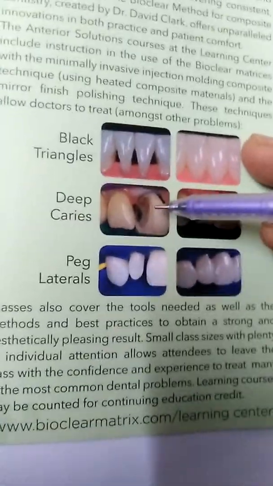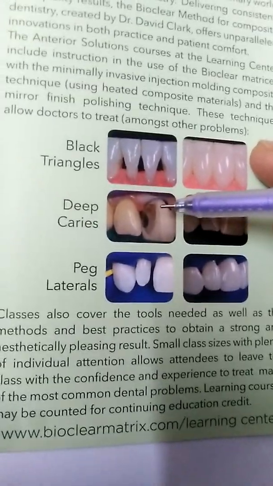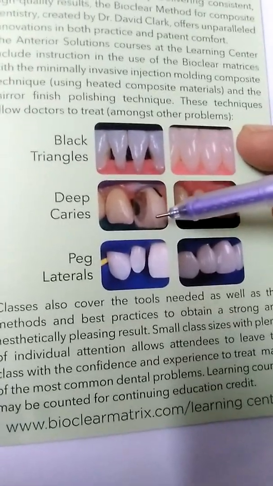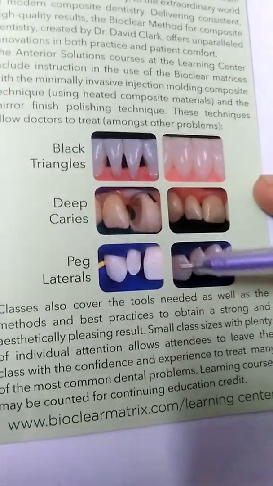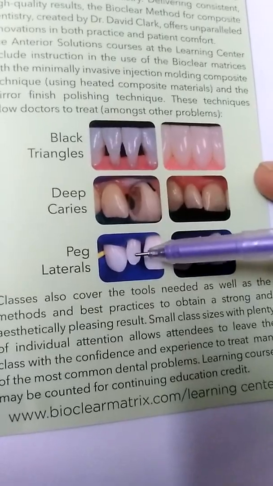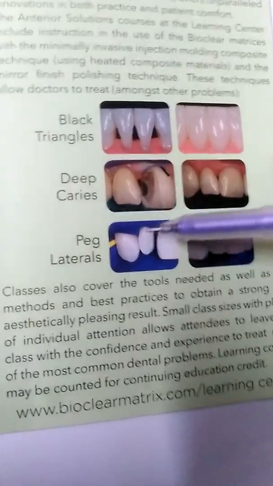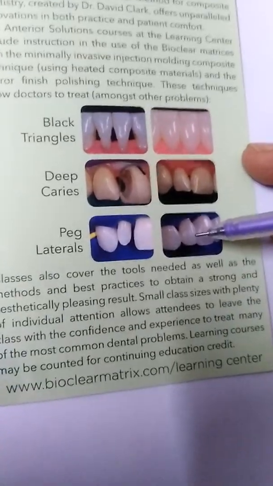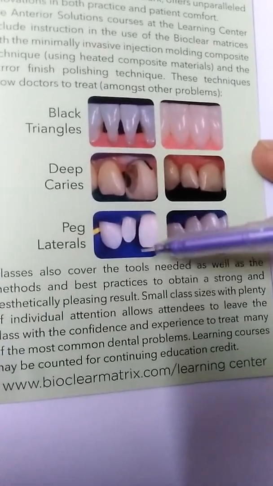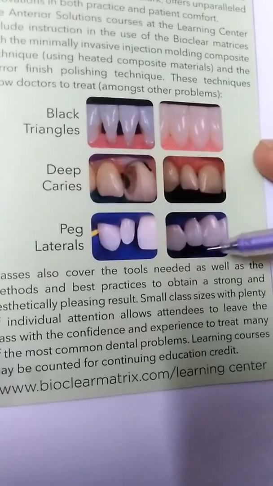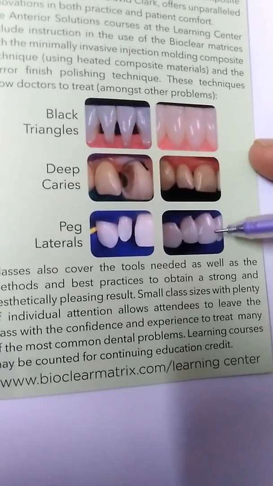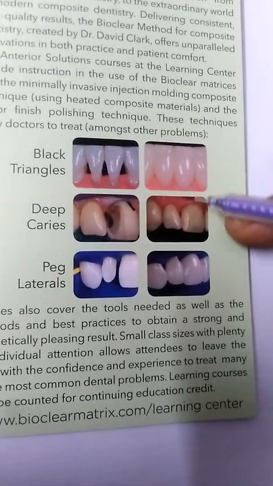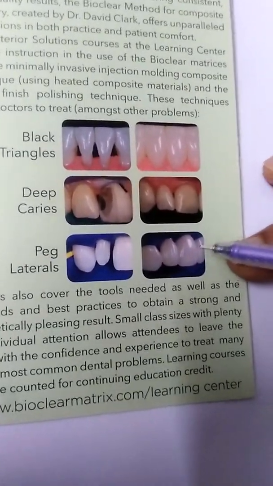Here it is a very deep cavity. Here they have used 204. Again see here, the contact is more. In order to move towards the mesial, you have to trim with the true contact sandpaper and adjust, and after that you have to inject the composite. In this way we can achieve beautiful smiles. Thank you.